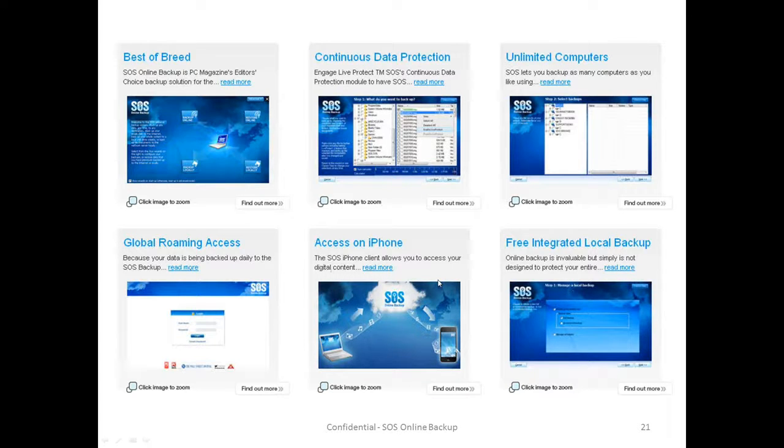So we've got some questions here. Can we support QuickBooks backup? Yes, we can. Servers, absolutely. So file servers are probably one of the most common places that SOS Online Backup is deployed to protect, but also email servers, database servers, workstations, laptops. Outlook PSTs are a top favorite file in terms of being protected on workstations and laptops and actual user PCs.